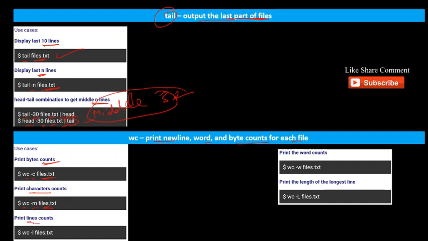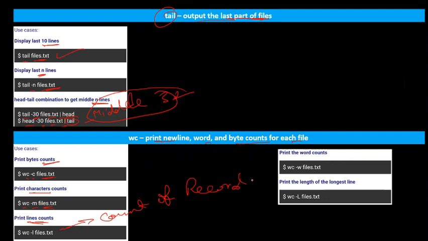If you want to print the line count, this is very much used, wc -l file.txt. So it will show you the count of records in a file. Okay, this command. And if you want to see how many words exist in the file, you can use -w as well.